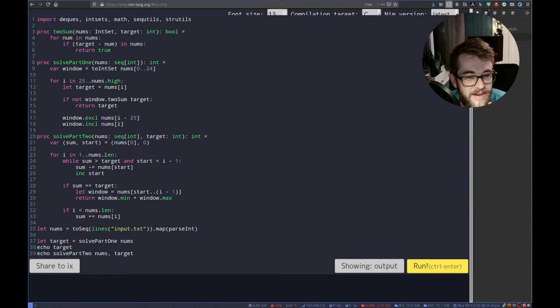For i in, yeah, so iterate over all the numbers except the first one because you have that up there.